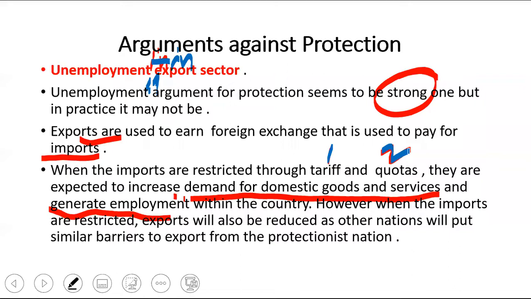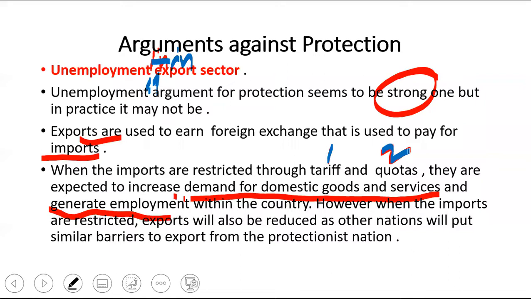Just write the flow of things. What is the first step, children? Government is reducing the import. How are they reducing the import? By increasing the tariff and duties. So when the imports are reduced, what will happen? This is supposed to increase the demand for domestic goods because government has put a control. So the demand for domestic goods should increase. But